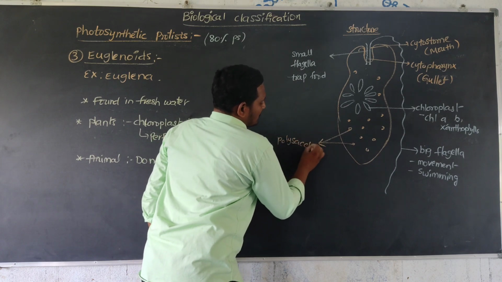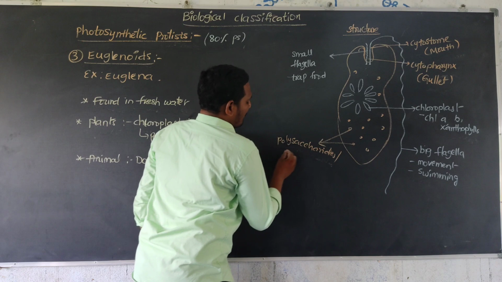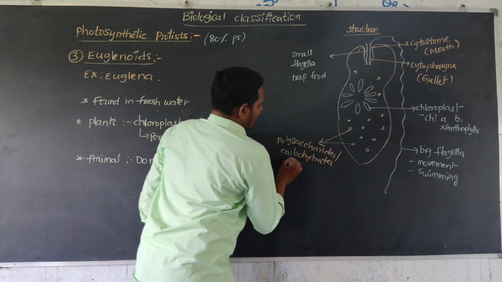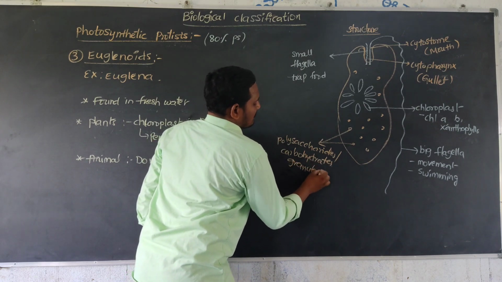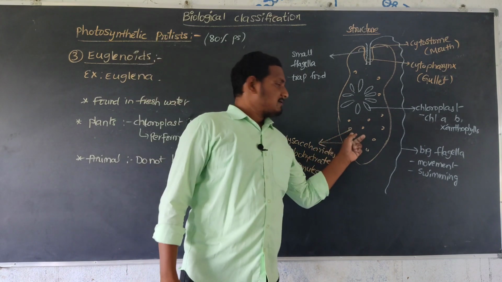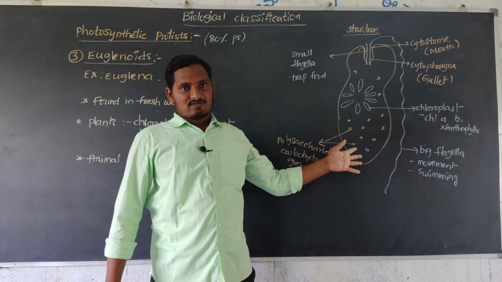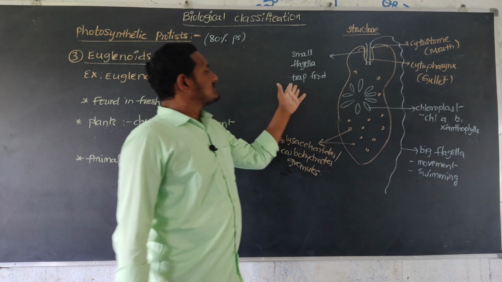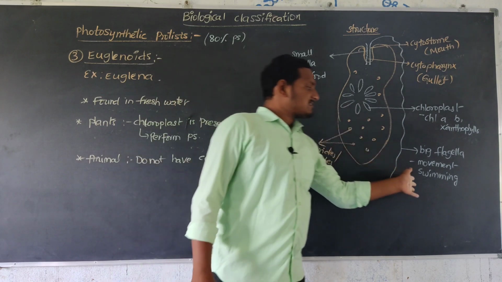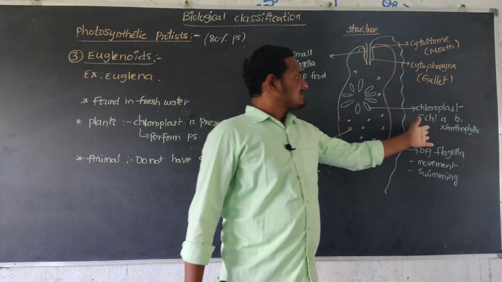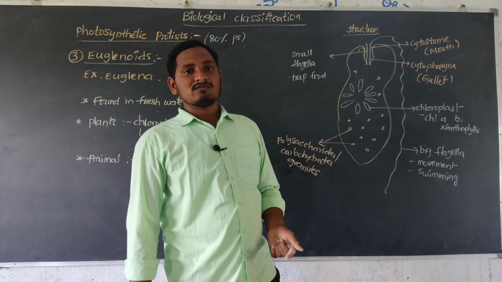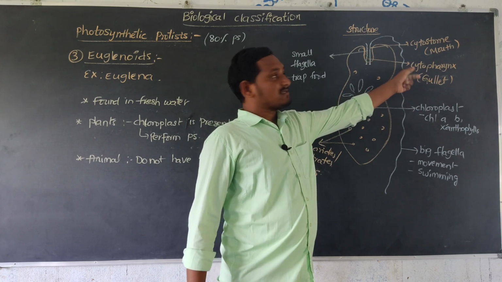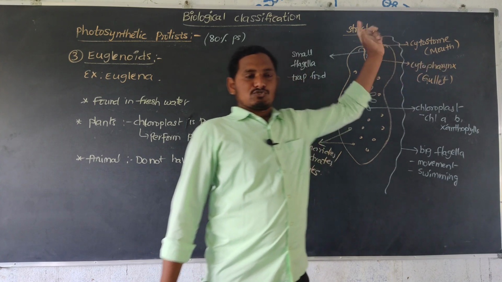These are polysaccharides, carbohydrates, type of granules present as food granules. After photosynthesis, these carbohydrates or polysaccharides are the food materials. Next, the small flagellum helps to trap the food, the big flagellum is for swimming and movement, and the chloroplast contains chlorophylls A and B and xanthophylls. And the gullet, the big broad structure, the gullet or cytopharynx, and the opening, that is the mouth, the cytostome.